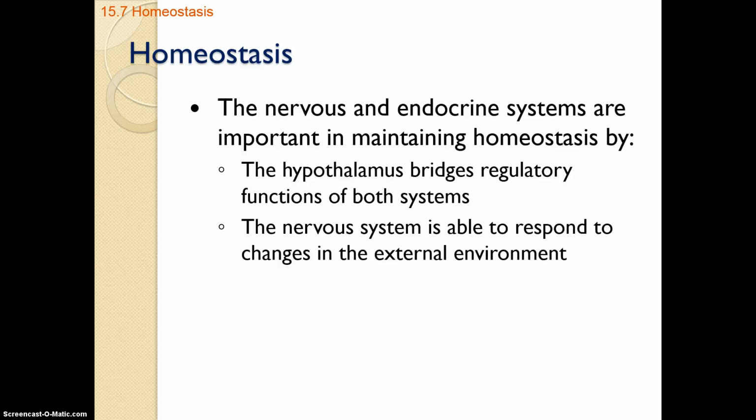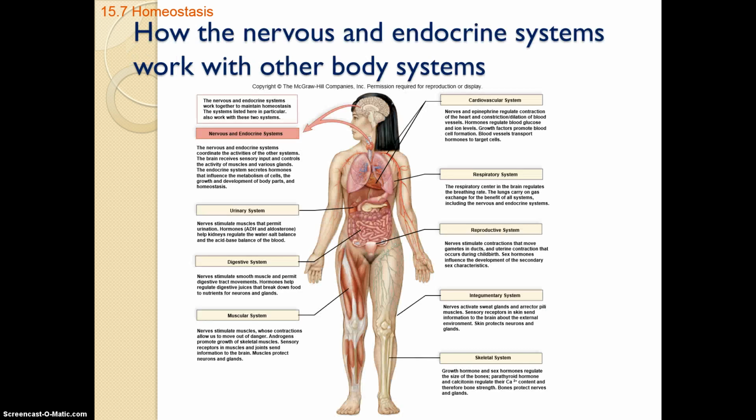All right. Homeostasis is our whole plan in life. If you can get up in the morning and you are maintaining homeostasis, you have succeeded. Everything else on that day is just icing on the cake. So nervous system and endocrine system apparently work together. We know that the hypothalamus is the one that speaks between the two. They're the translator. And we know that the nervous system is much quicker, but the endocrine system is much more long-term. Okay? And if you look at this, this is where everybody is functioning and relating to each other.